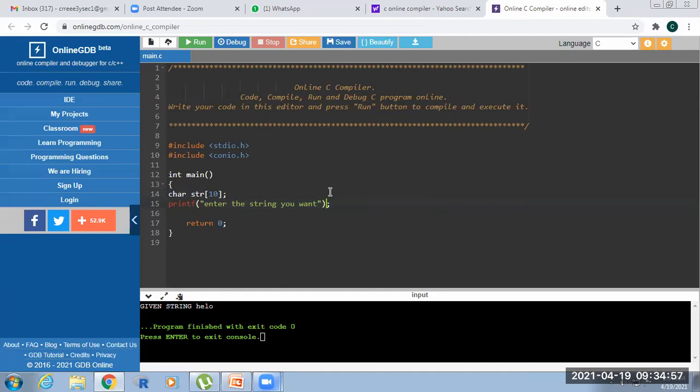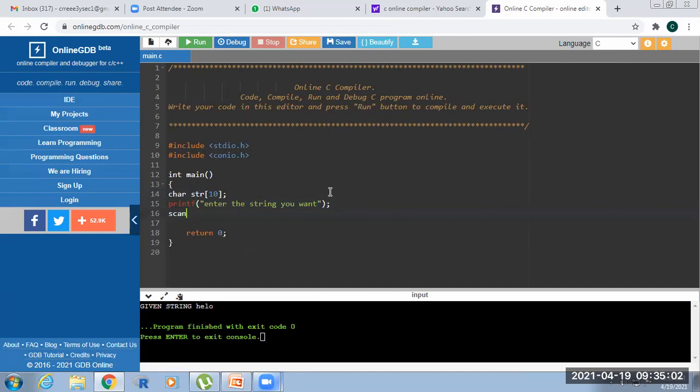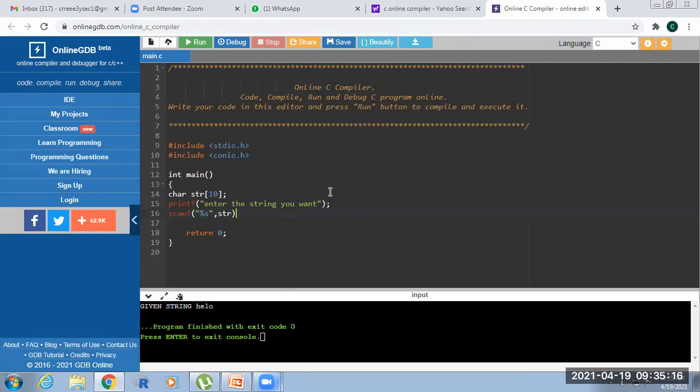Next scanf. Here scanf percentage s, comma str. You cannot use ampersand here because it is a string. Automatically memory is allocated for the string. We do not use any ampersand. By default, it allocates the memory.